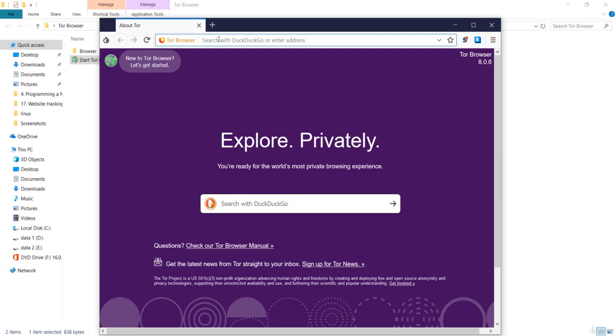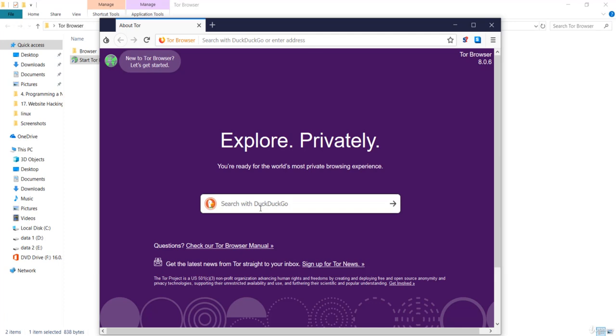But for now, let me go to the interface of this Tor browser. You can see that it is showing us DuckDuckGo, the same as the Google search engine. This is the Google search engine in the Tor browser. DuckDuckGo is much more reliable than the Google browser, because it doesn't track you. It is a very important feature of DuckDuckGo. So you can search anything over here.